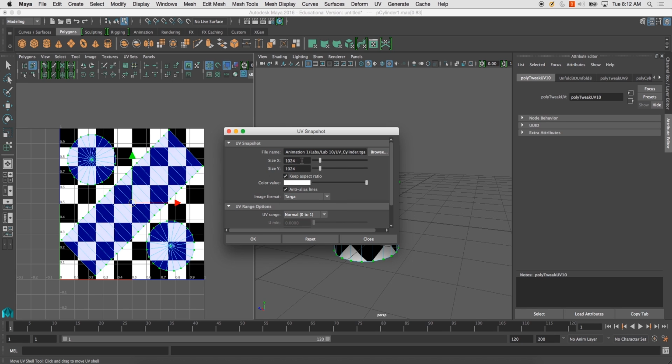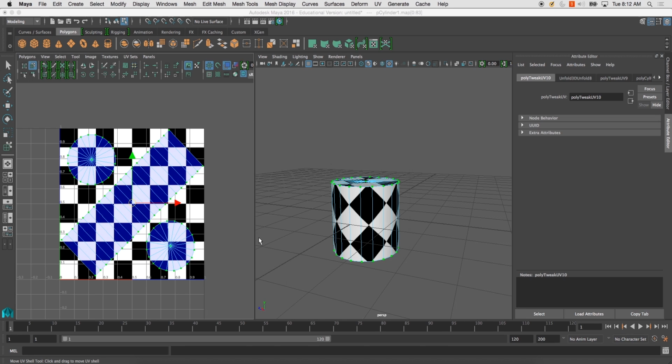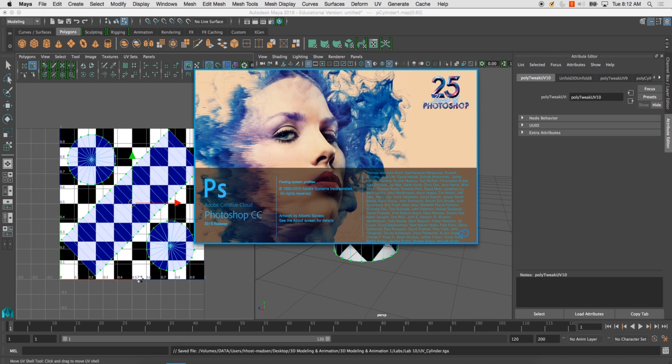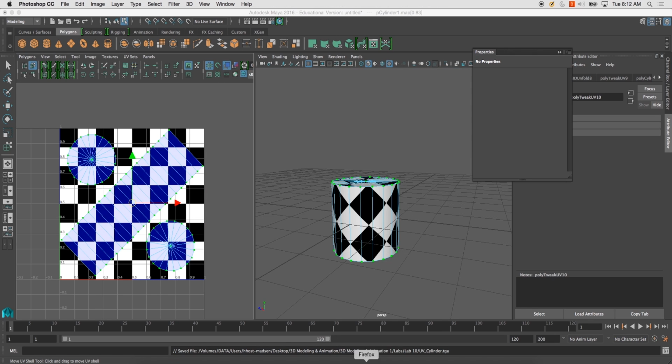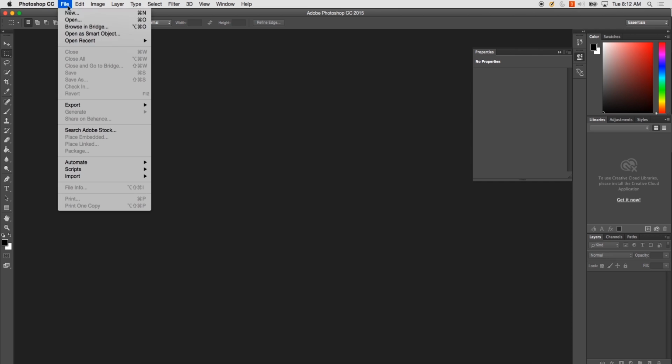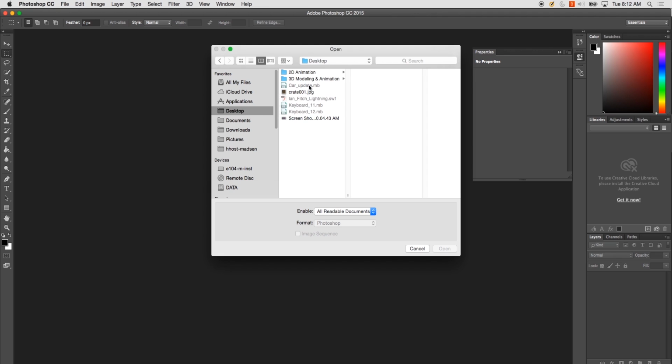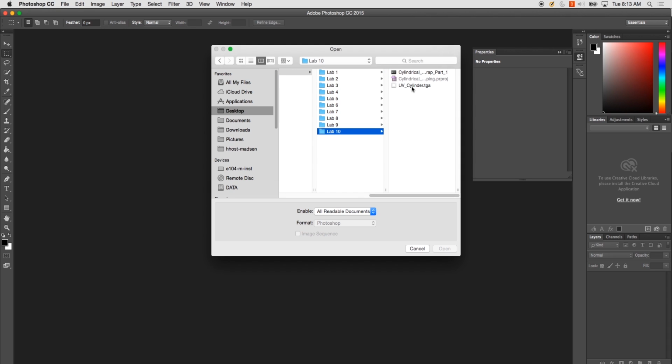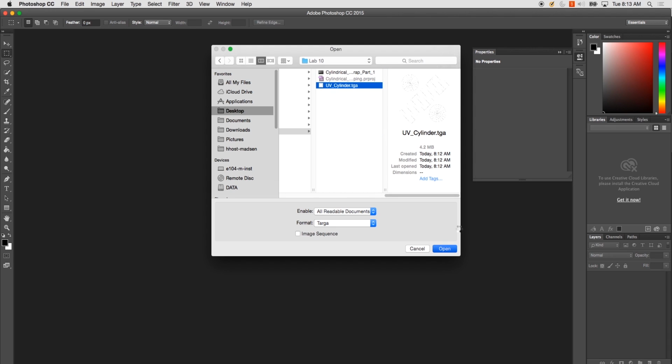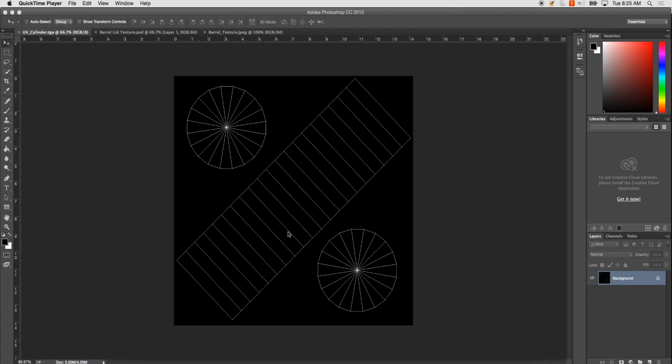And 1024 is good. You could do a 2048. It really depends. For this example, 1024 is totally acceptable and fine. Go ahead and click OK. Now we can open up Photoshop. And we can open up that UV set that we just created. UV cylinder, open. Okay, so I've got my UVs right here,